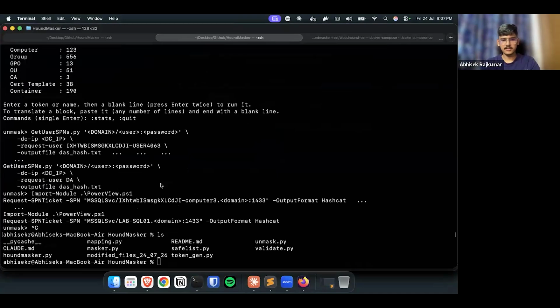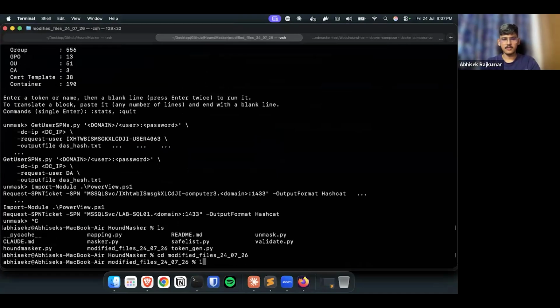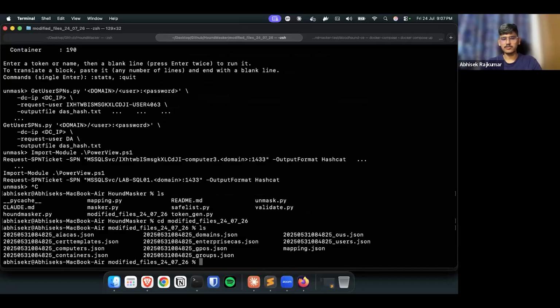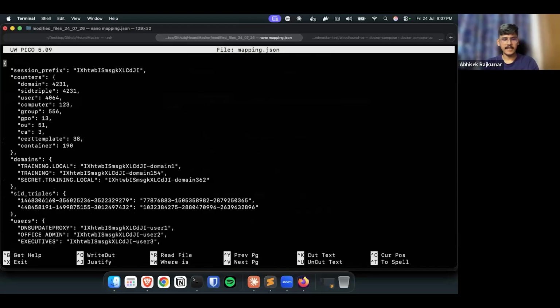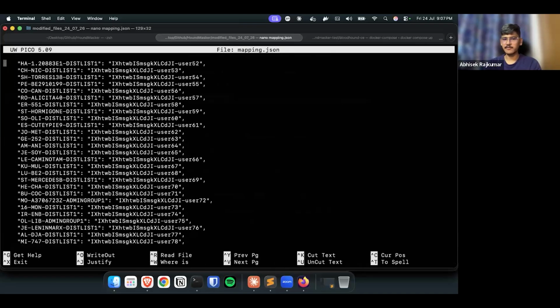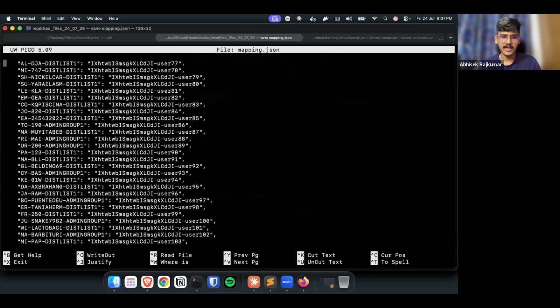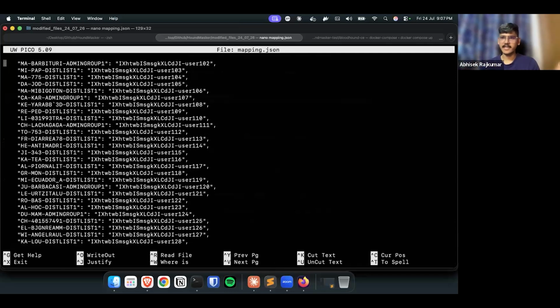because what you're going to see in this mapping file is a lot of information that it is trying to map. Each time you had to grab it out and see which user it is relevant to and check it, it's going to be a hassle to check each and every time and come back.